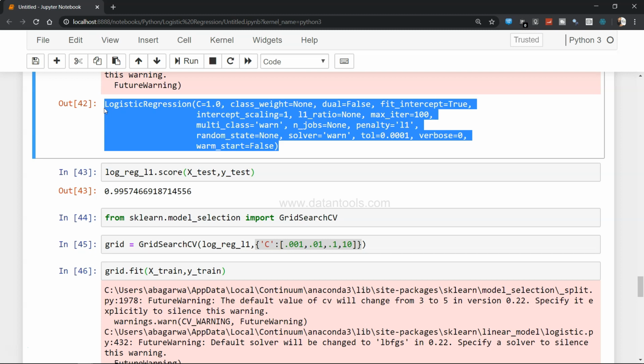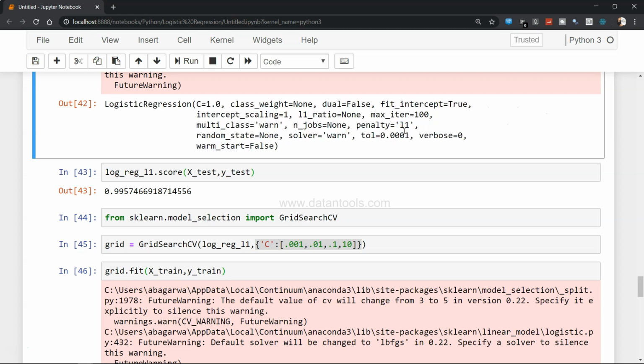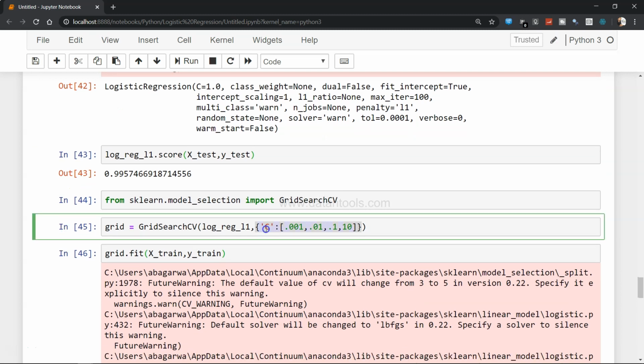So it is very resource intensive, and that's why use it with caution and use it whenever it is really required. If you know some technique, like I used penalty equals L2 or L1, then you just go ahead and use it, because this will run pretty fast. And you could see that when I used L1, we got a huge improvement. But if you still want to experiment, because there are a lot of parameters you want to play with, or it is required for you to further improve your score, you can specify the parameters like this: the parameter name, which is C in this case, and their respective values.